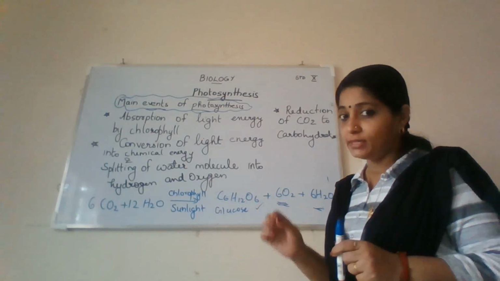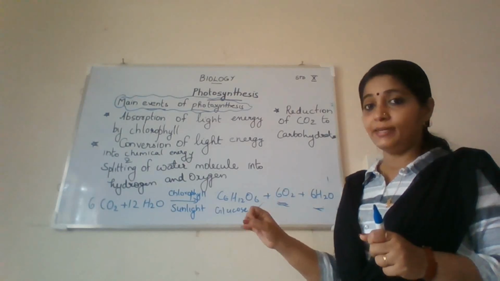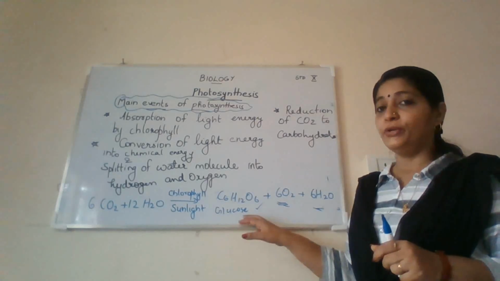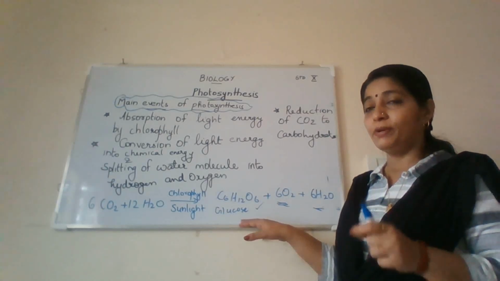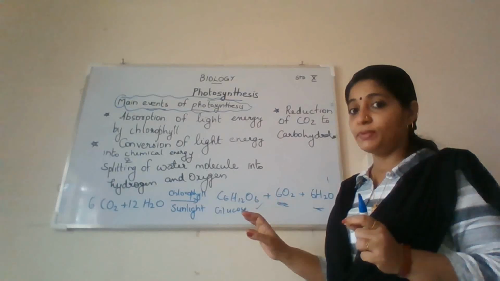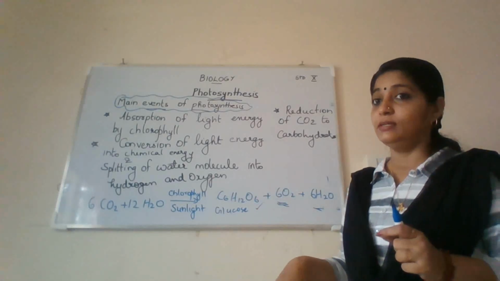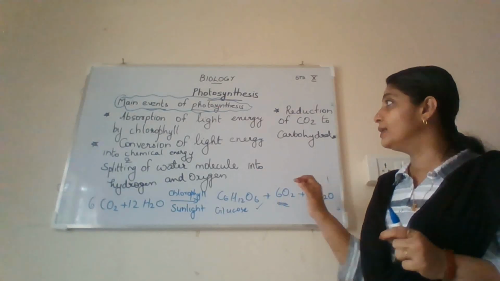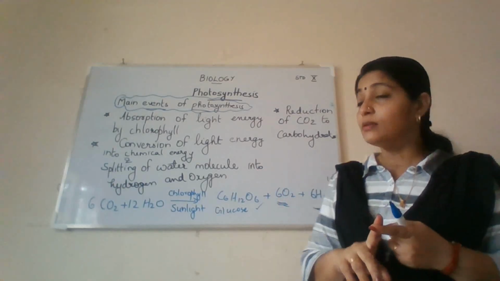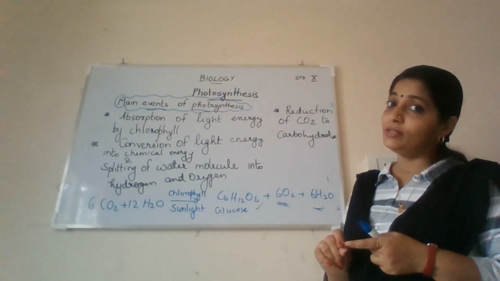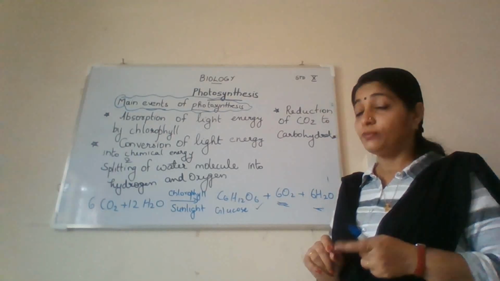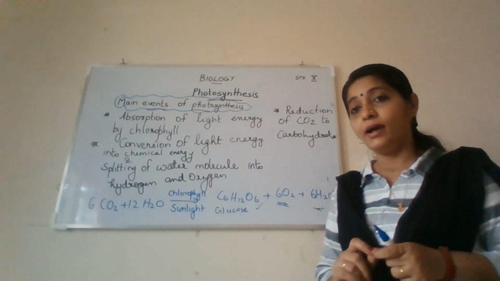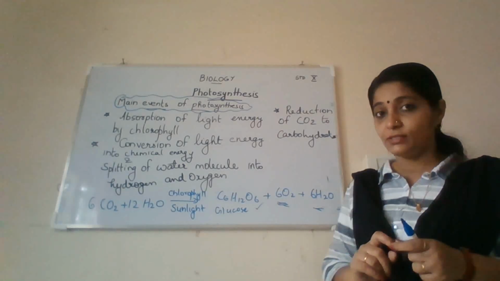For example, this is also important, in the case of desert plants, their stomata will not be open during the daytime, in order to avoid transpiration and water loss. So during the night, they take up carbon dioxide through the stomata. During the night time, desert plants will take in carbon dioxide. And during the daytime, when the sunlight is available, the chlorophyll will absorb the sunlight and the process of photosynthesis will take place during the daytime.